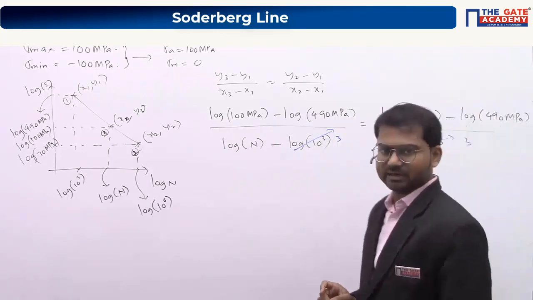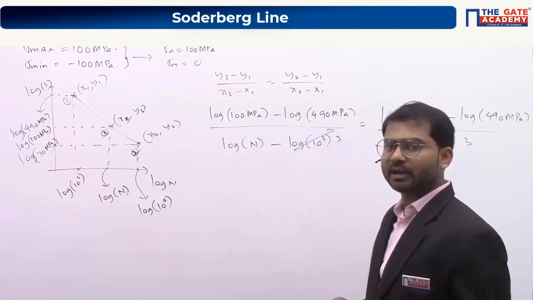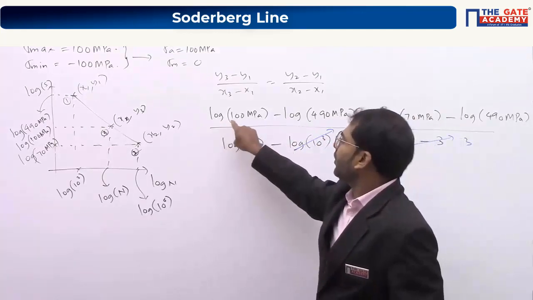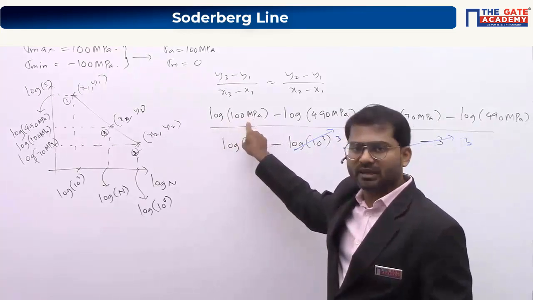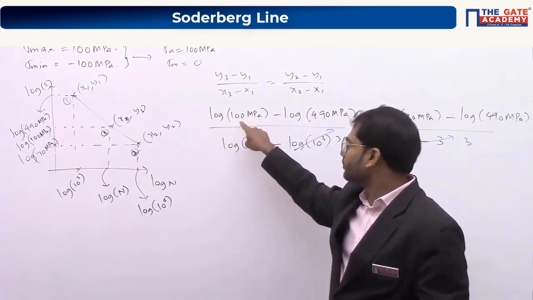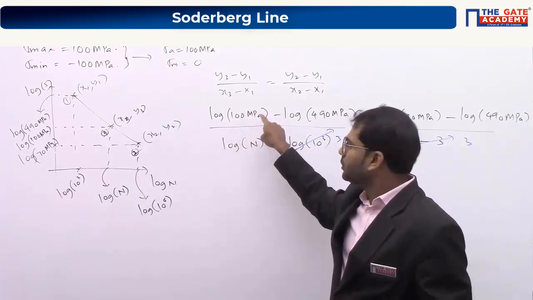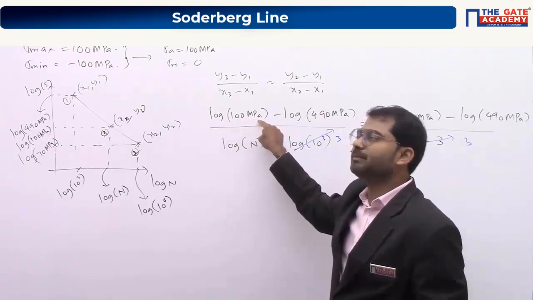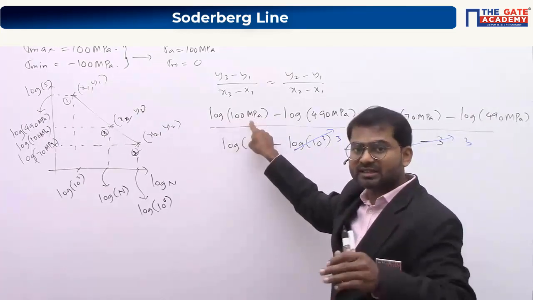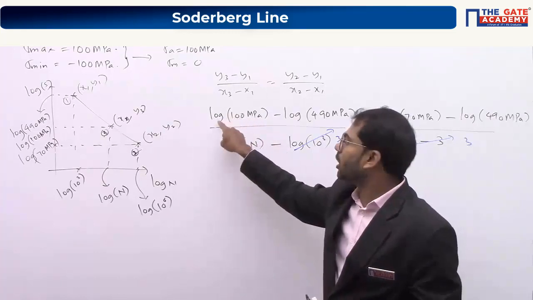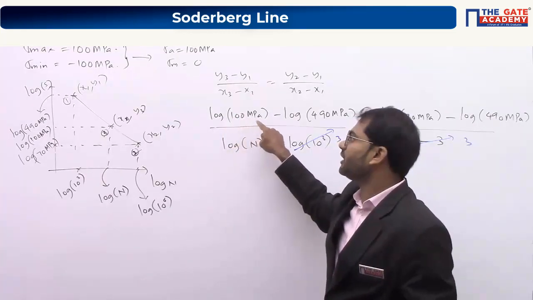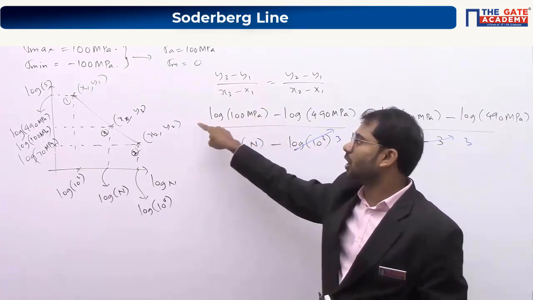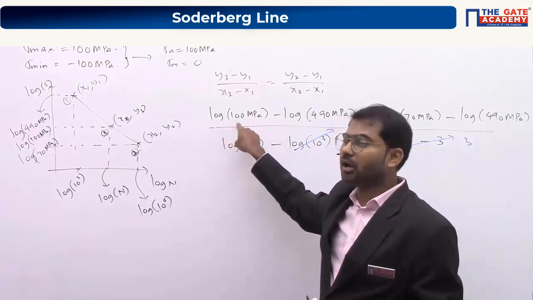So here, if you see the numerator, I am doing one step here, everybody. Listen carefully, it can save your time, instead of unnecessarily writing it down here. Log of 100 megapascal. Megapascal means, if you had to put it in SI unit, it should be 100 into 10 power of 6 Pascal, right? So log of AB is there. Log of A is 100, B is 10 power of 6. Log of AB is nothing but log A plus log B, right? Log of 100 Pascal plus log of 10 power of 6 Pascal. Able to understand? Log of 100 megapascal can be written as log of 100 Pascal plus log of 10 power of 6 Pascal.